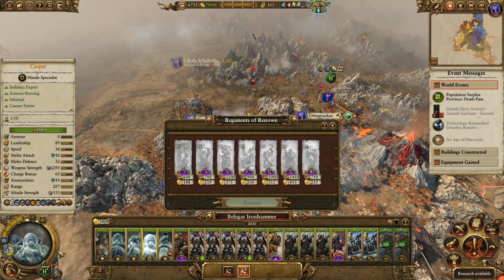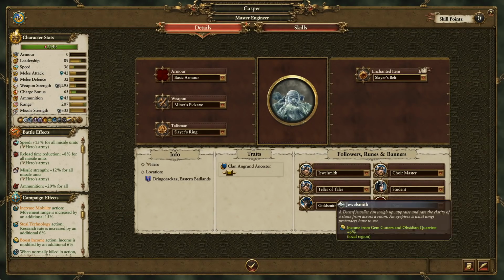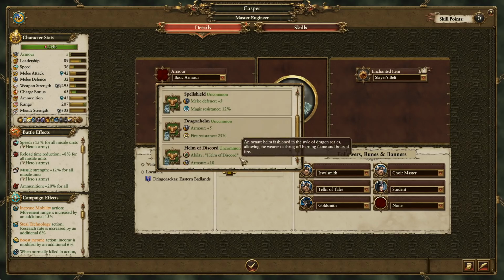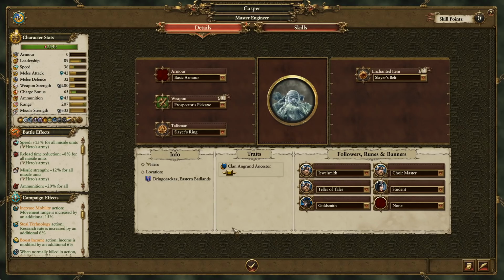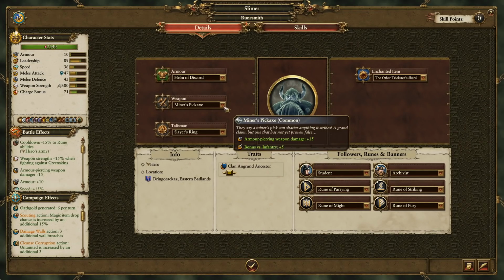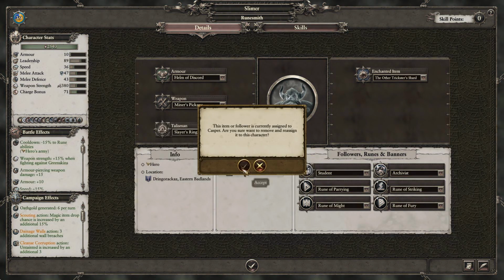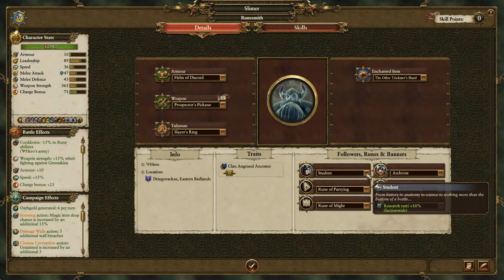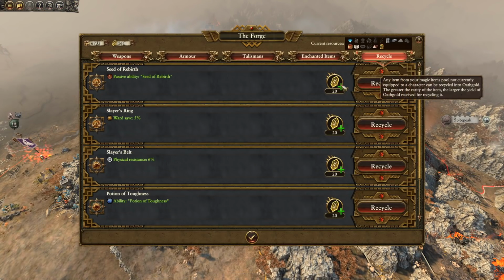Let's just double check what Casper has. So he doesn't have an enchanted item, so we can give him the Slayer's Belt. We don't have any armor to give. He's got that. We can give him the pro... I mean, may as well do that. Mind you, what does Slimer have? Okay, he can have the Prospector's pickaxe because he's generally fighting in melee more often. So that's fine. Right, then we can recycle